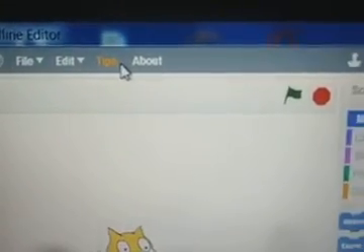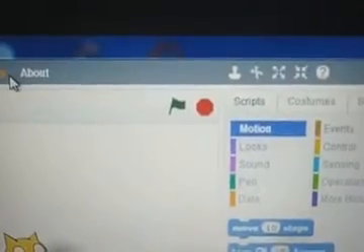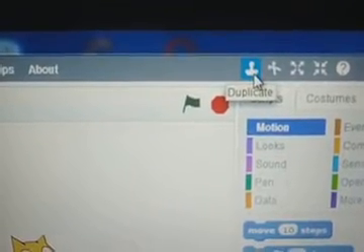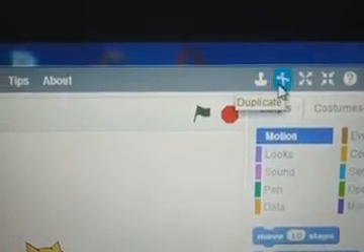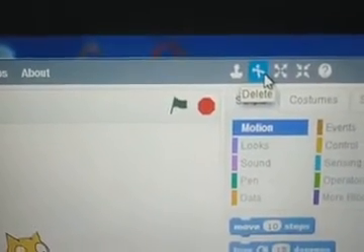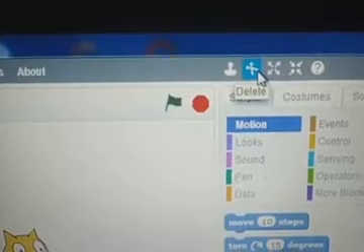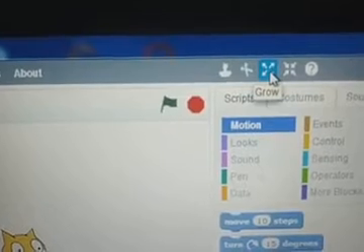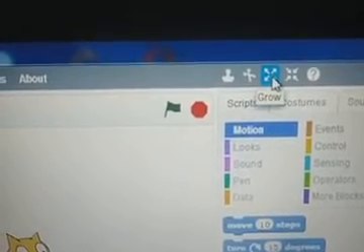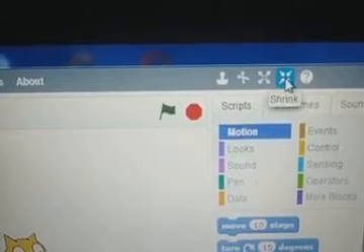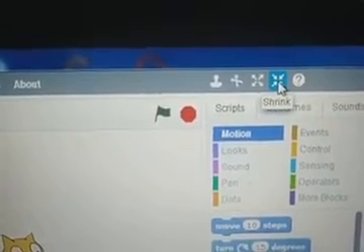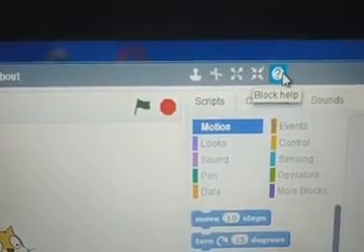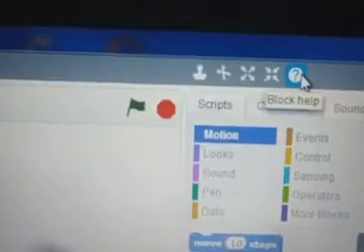After these menus we have some tools. As we can see, this one is known as Duplicate. If you want to create a duplicate sprite, we can do it with this stamp. Second is Delete. Deleting sprites we can also do with this. If one is selected and we want to remove it from one place, we can do it with this one. Third is Grow. If you want the sprite to be bigger, we will use this one. If you want to shrink it, we will click on the Shrink option. And the last one is Block Help. This provides us the help, which we will go through one by one.